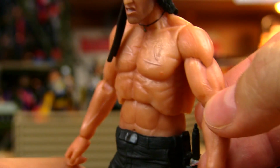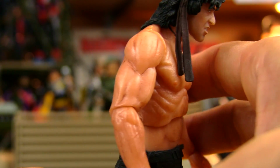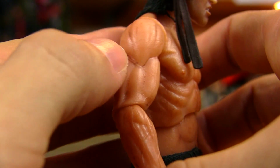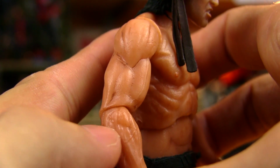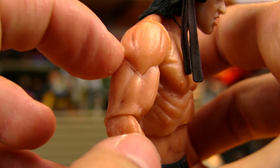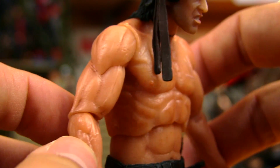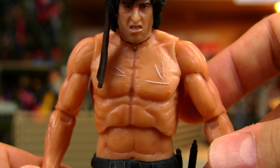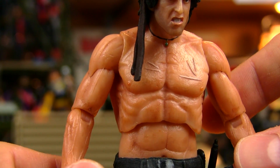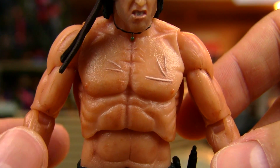Like the shading, he's kind of grimy, kind of dirty. The real amazing thing about this Rambo sculpt is the attention to detail in his scarring. So here's the scar that he got in First Blood on his arm. It's a really big gash, and it can sometimes be missed because it's part of the whole musculature here, but it's definitely in there. And then the chest scars, just brutal. And they're actually colored a different color from the rest of the skin, just like in